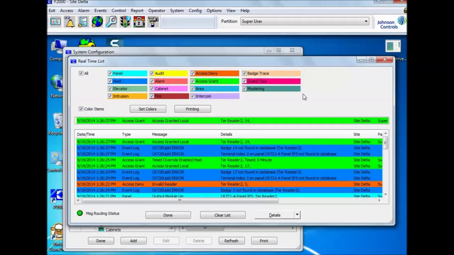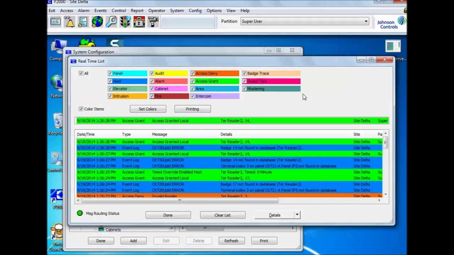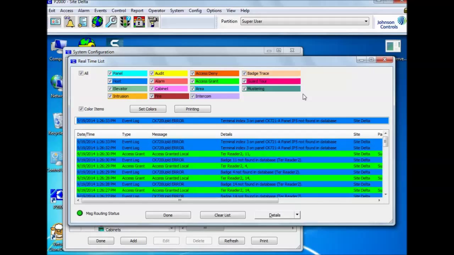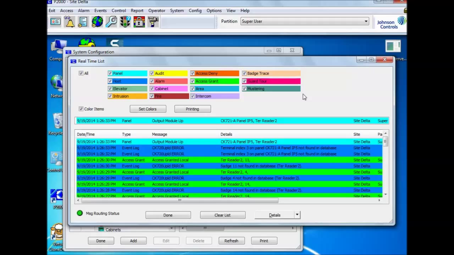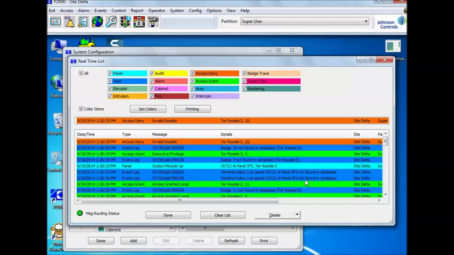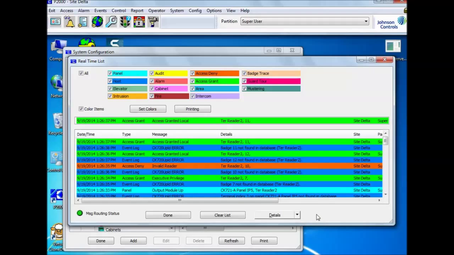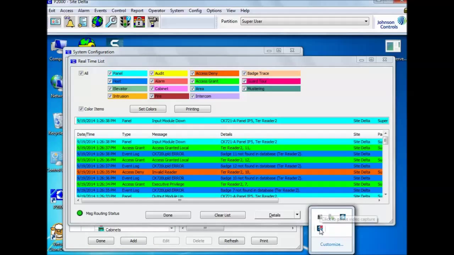So as you can see here, real-time list is now showing us valid generating traffic. The blue host messages are telling us what's missing. Okay, and again, you can use this as a good reference point to say, all right, clearly my Panel Simulator is trying to access this output on this output point number, and you either need to